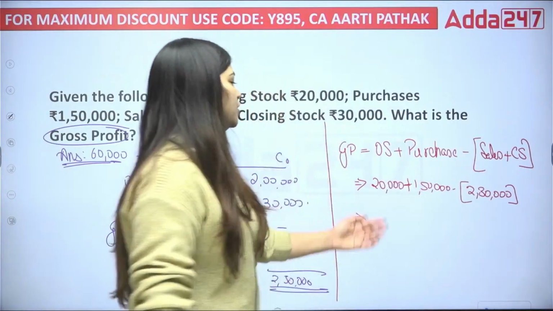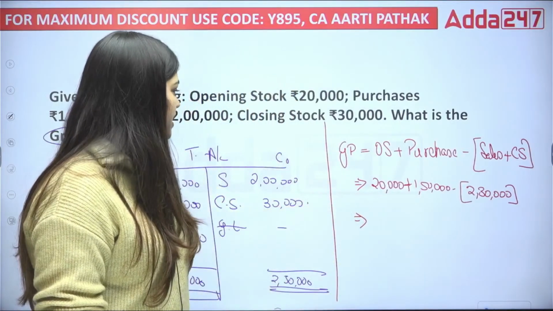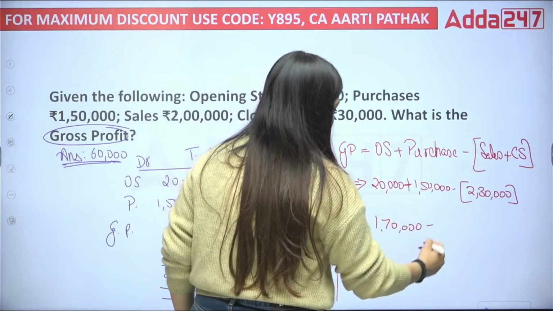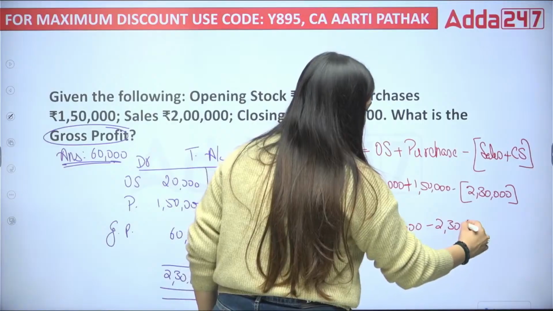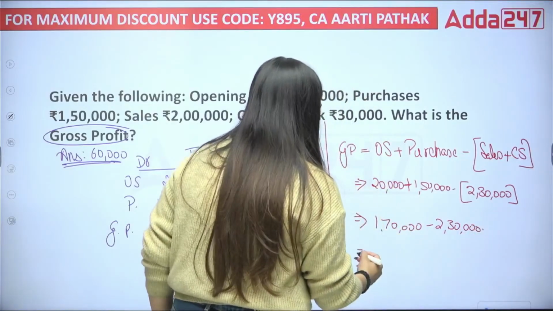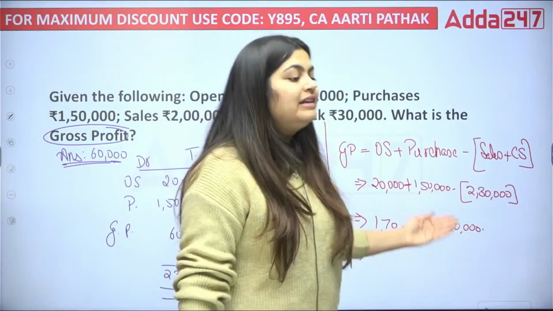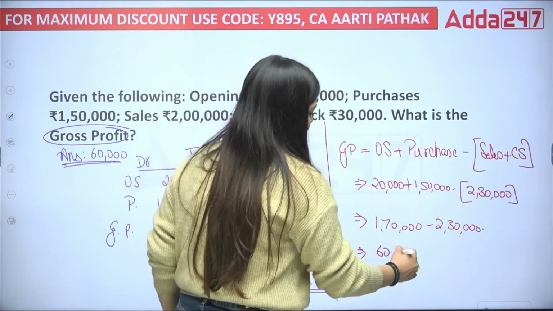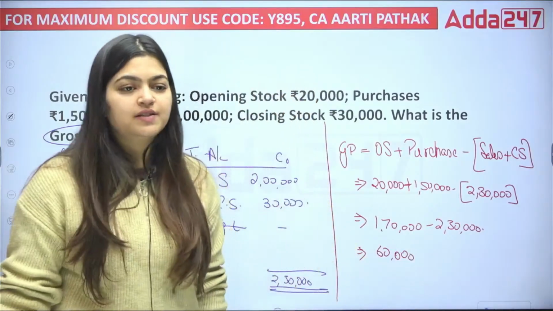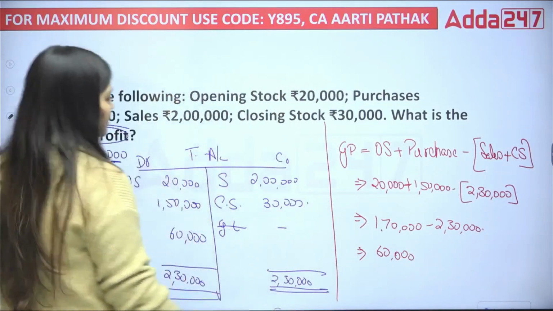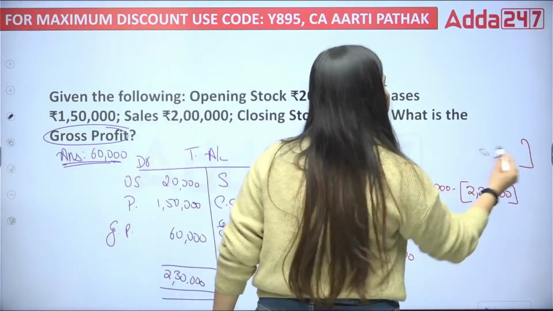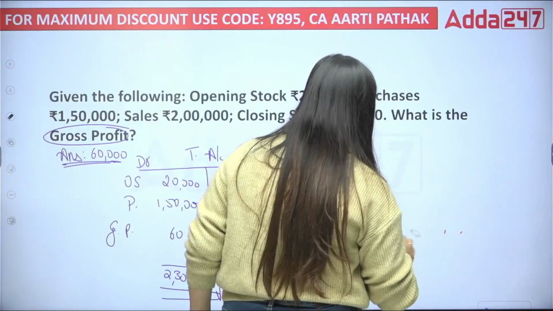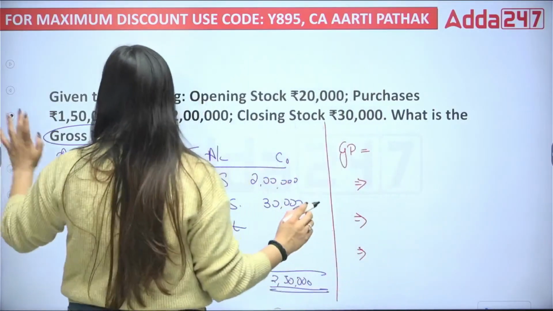So this is going to be 170, minus 2,30,000. You can see here that your revenue is greater than your expenses. So this is going to be your 60,000. Basically, we generally write in this way. Okay, let me write in the correct format only. Otherwise, you will say this is minus 60. How can it be profit? Wait. So the right way,